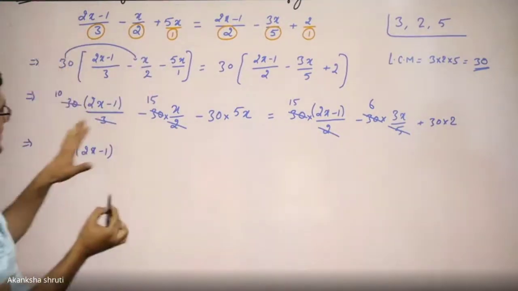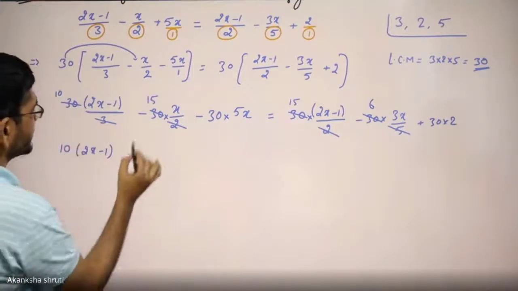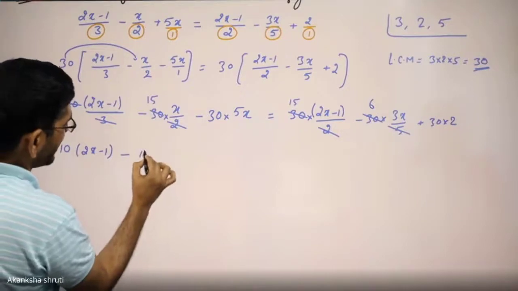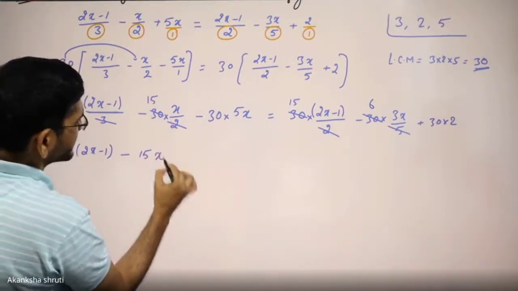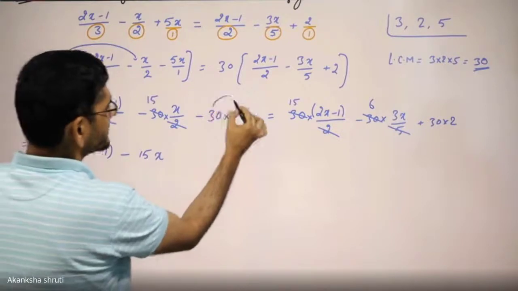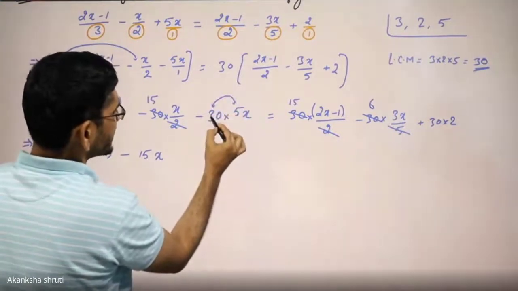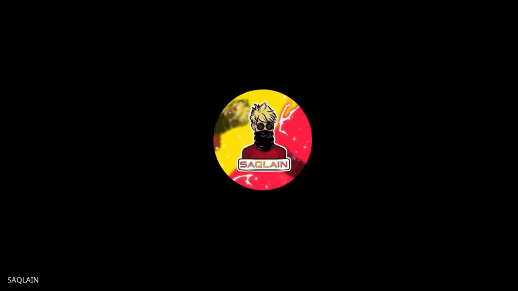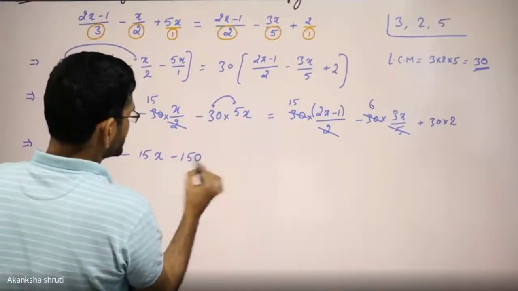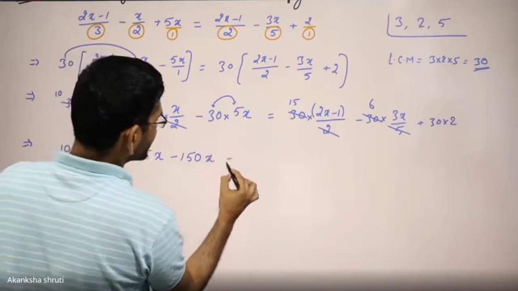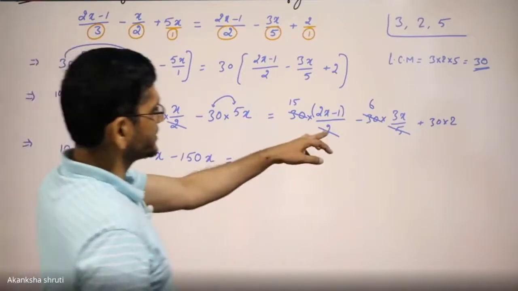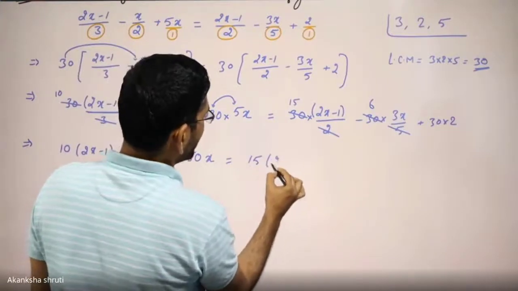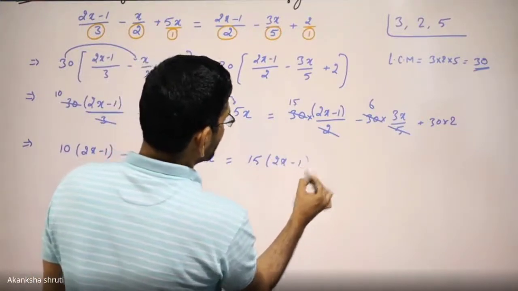When the denominator comes to 1, we can leave it. Minus, in place of 30, now it is 15, and the x was already there. Keep it. Here these two numbers will get multiplied. So 30 into 5, 5 3s are 15 and 150 there. So it turns into 150 of x is equal to, again this 2 is being cancelled and 15 is there, but here we have the bracket 2x minus 1, so please preserve it.